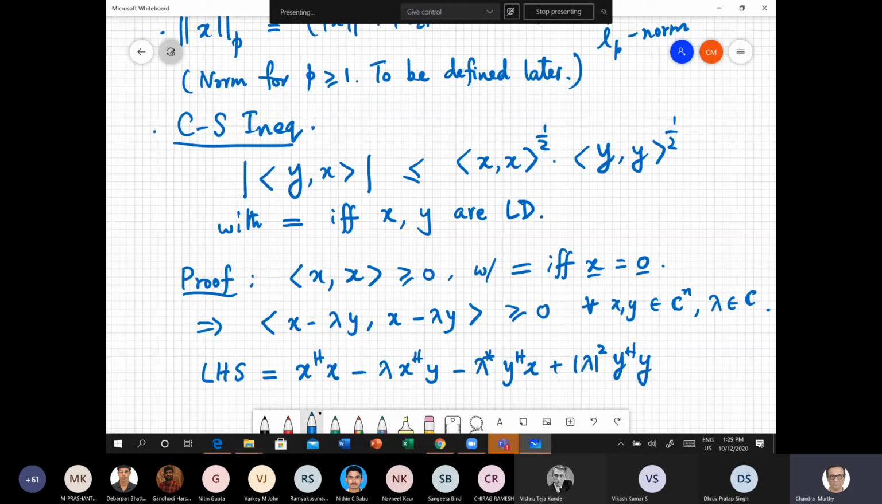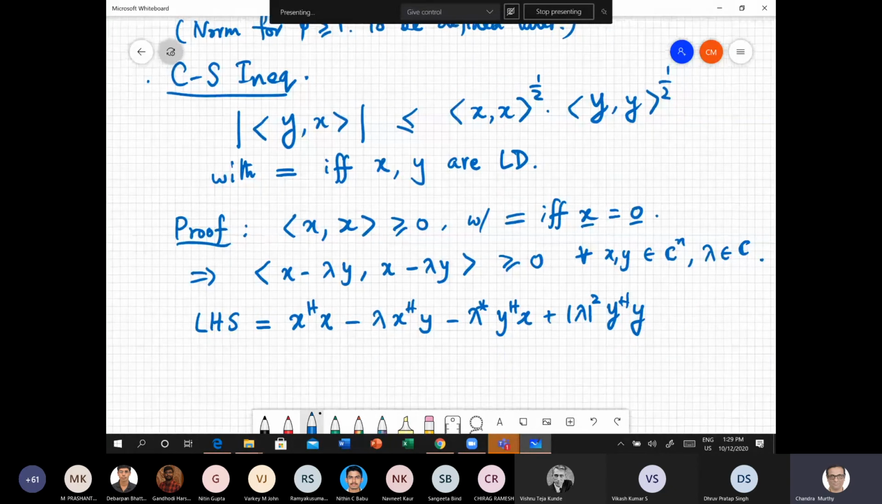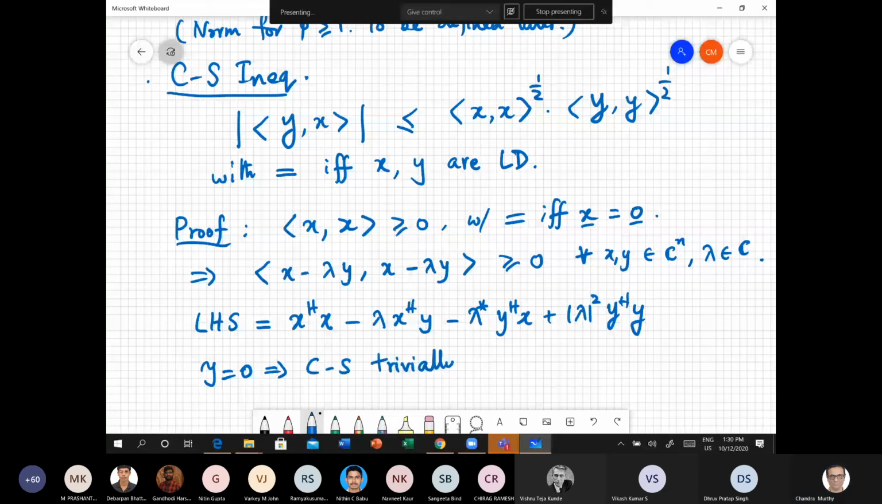Okay. Now if y equals 0, then this inequality is trivially satisfied. The inner product of x and y is less than or equal to this times this. If y equals 0, the left hand side is 0, the right hand side is also equal to 0, and so this inequality is trivially satisfied. So I'll just say: y equal to 0, the Cauchy-Schwarz is trivially satisfied. So assume